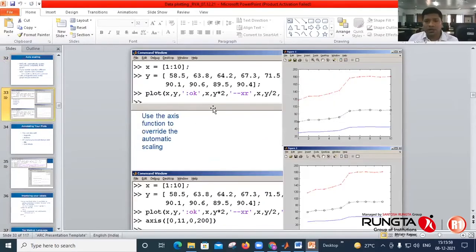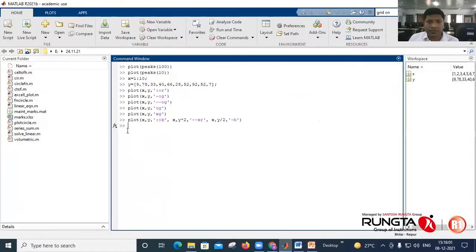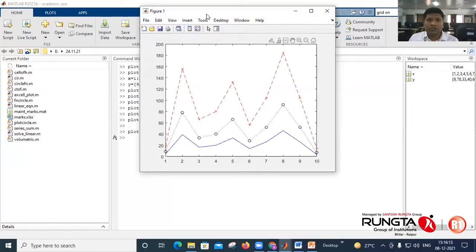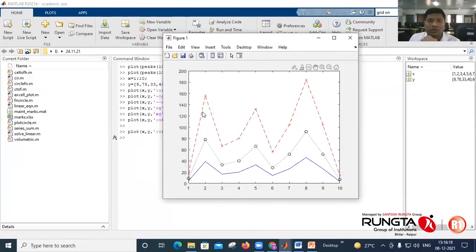Okay, with the same graph we'll see. So here we plot XY, XY2, twice Y, and XY by 2. Enter. Plot. So this is figure 1, where MATLAB specifies the limit for X 1 to 10, and for Y it is 0 to 200.